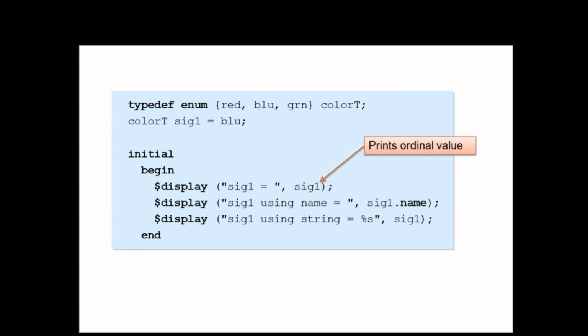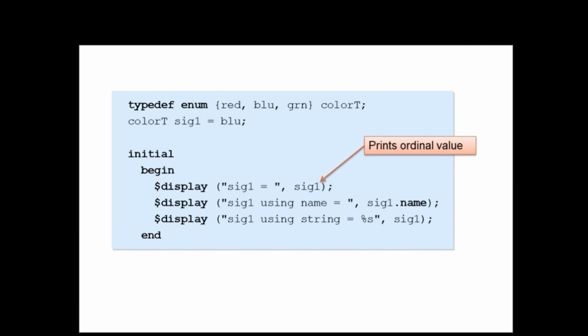Anyway, in this case, what do we got? We have a signal. We got red, green, blue as our color type. Then we declare sig1 as being of that color type, and we initialize it to be the color blue. Okay, fine. So this is a legal enumerated type, and again we're using a typedef. Now, if we want to print this out, if we just do a $display of sig1 like this, the problem is that it won't actually print red, green, and blue. What it'll